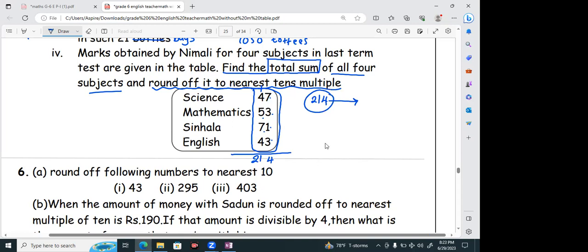200. No, it is not 200. Before 200, look at